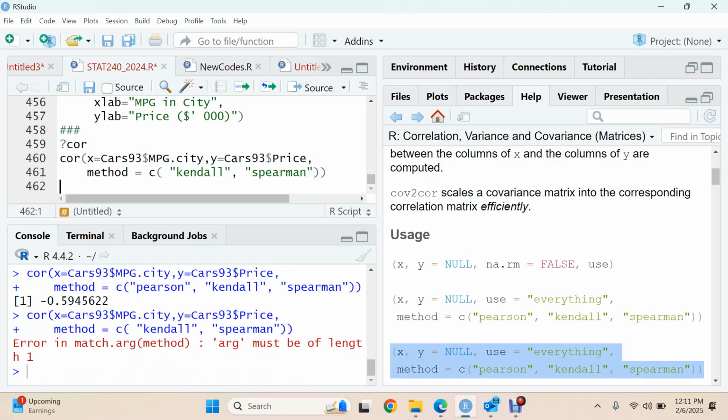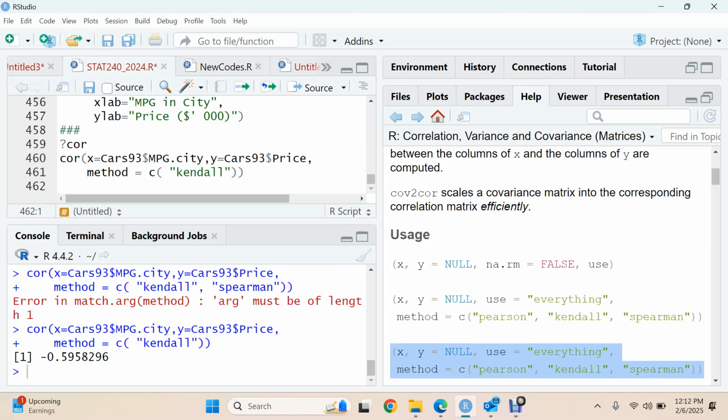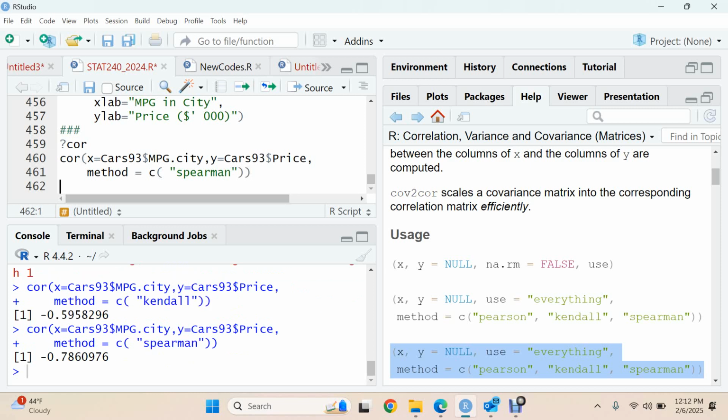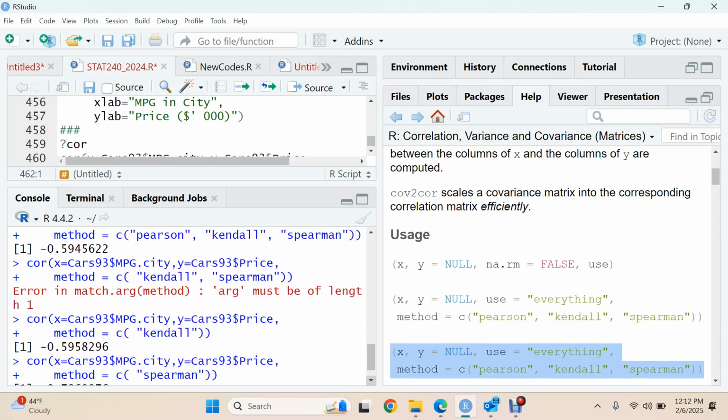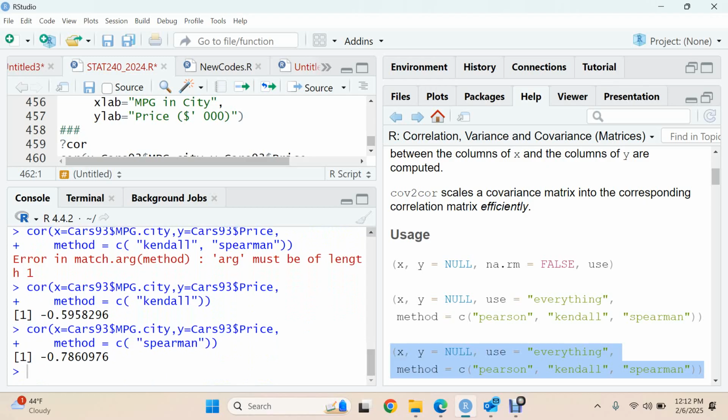Okay, so we have a problem, and the problem is that, no. Okay, let me just take this one off and see if we still have that. Yeah, okay. So this is Kendall. Okay, and if I want Spearman, I have to write Spearman in there. And then I run it. So there are differences between them as is expected. Okay, however, they all give a negative. It's just the extent of the